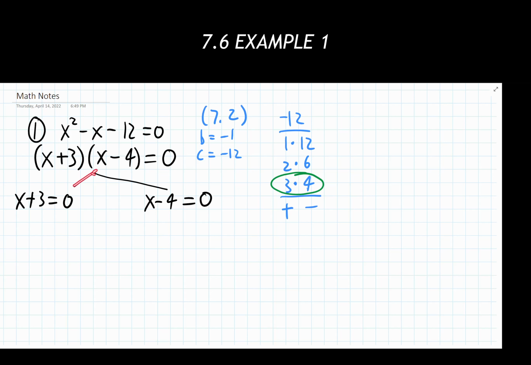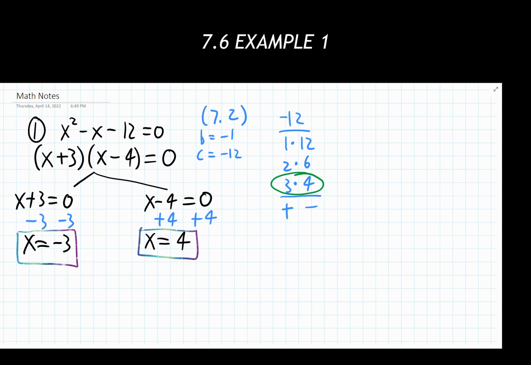So we've just split them apart here, and now we're going on into step 4, which is solving the factored equations. So I'm just going to solve this first equation like we've done previously with solving equations, and solving the second equation just like we've done previously. Doing them one at a time, looking at the first one, I'm going to be subtracting 3 from both sides. As a result, I'm getting x is equal to negative 3. With the other one, I'm adding 4 to both sides because I'm solving for x. And I'm getting x is equal to 4. So I have my two potential answers right here.